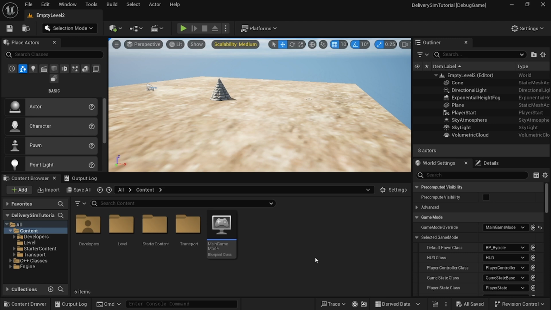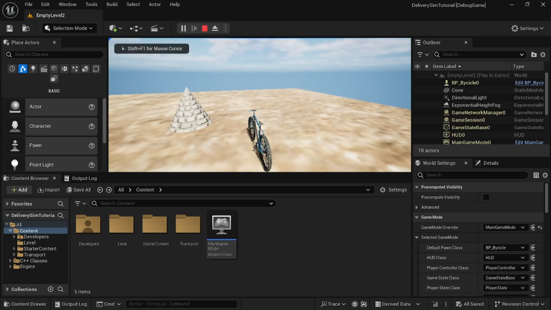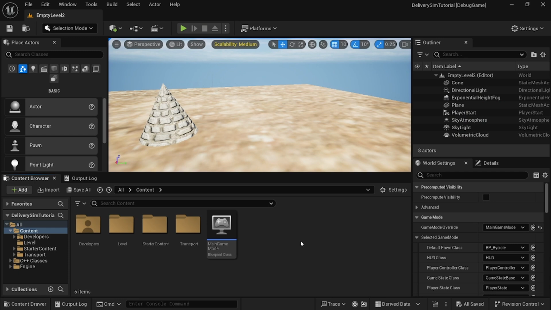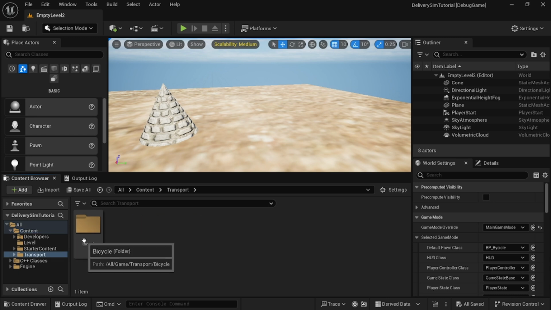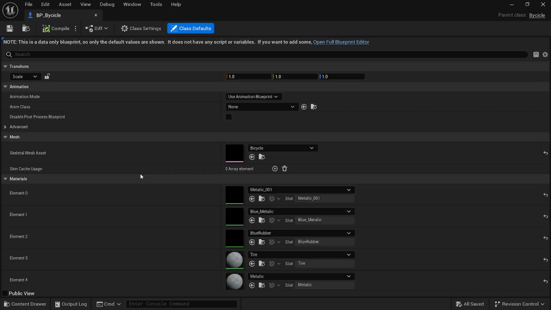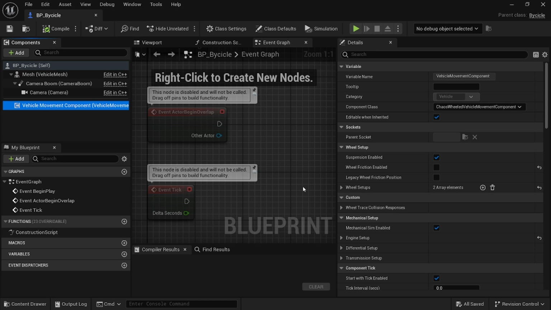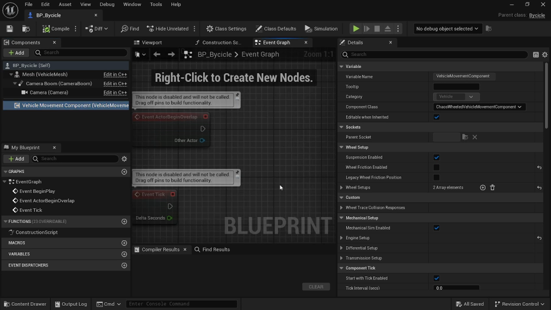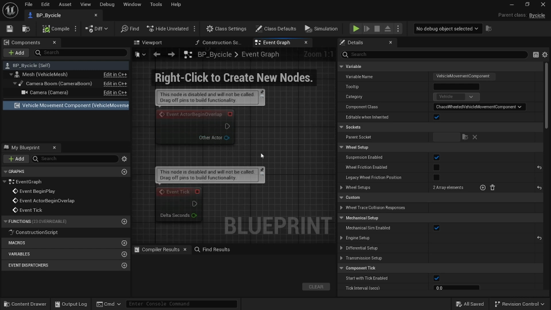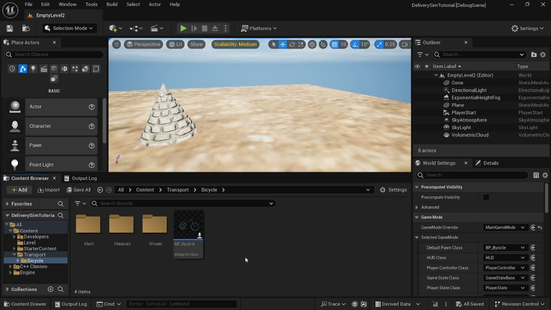And also, probably when you try to launch your game after you reopen your editor just with the Epic Games launcher, you will have some errors, like something related to the parent classes, that the parent class is null or something. It can happen with the bicycle, BP bicycle, with that blueprint, because it has that component, and Unreal Engine is a bit buggy and laggy. If you have errors like that, then what you have to do is just open your editor